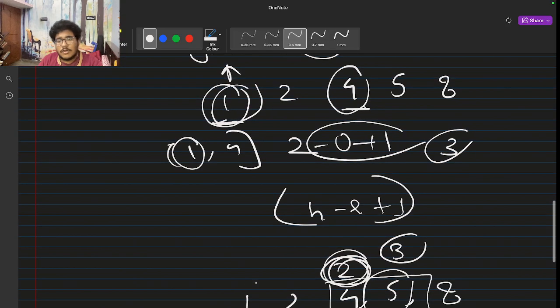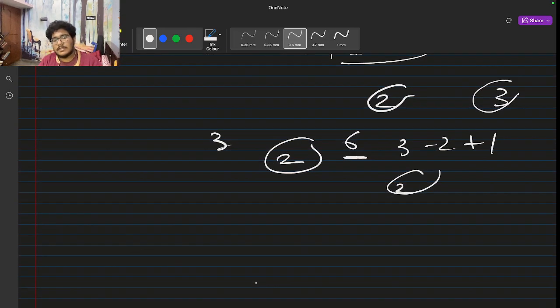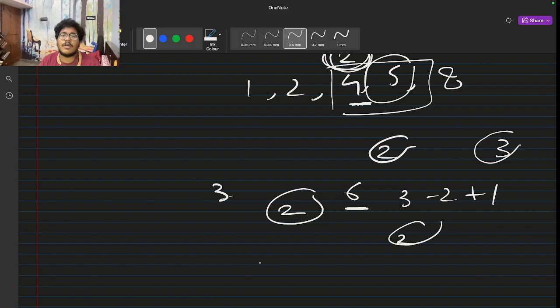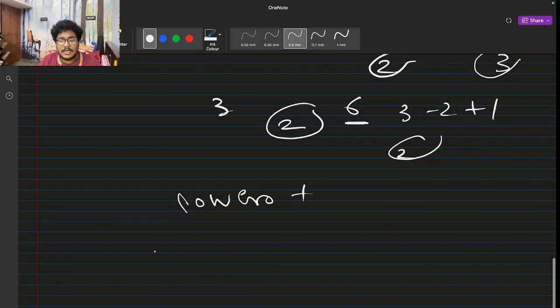Now, I know that this is a solution, but how does it optimize? The main question is, how can I find the smallest number that is greater than or equal to my lower bound, and the largest number that is less than or equal to my upper bound? Now here come the concepts of lower bound and upper bound. It is an important concept of binary search, where for any given number in a sorted array,